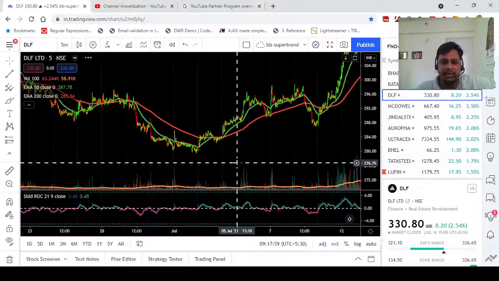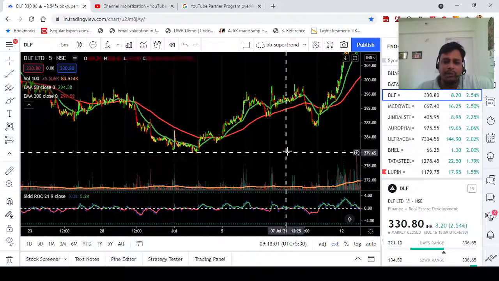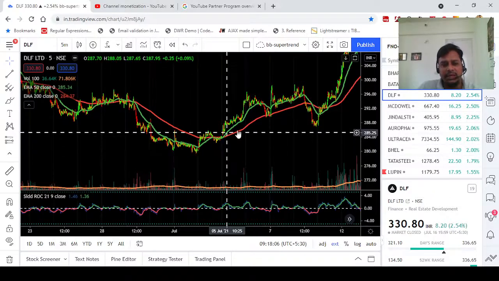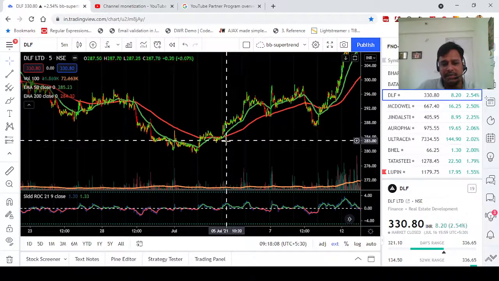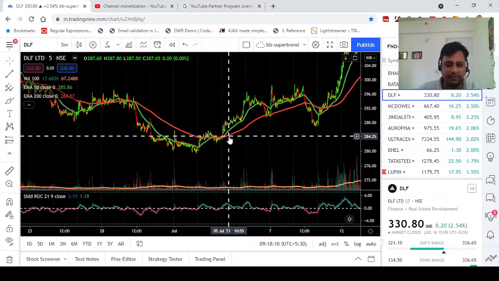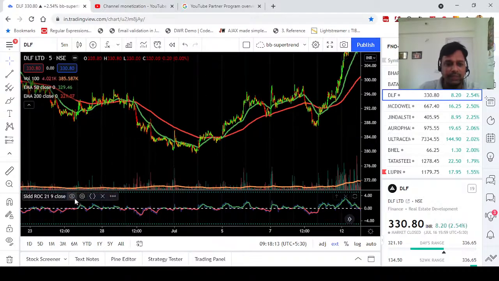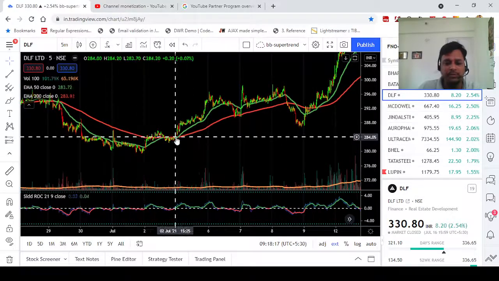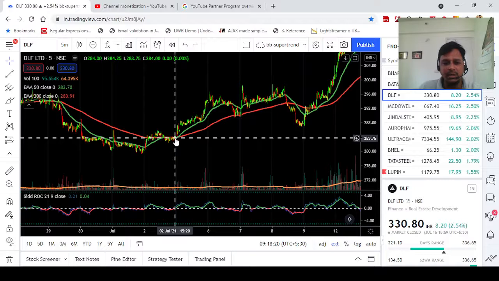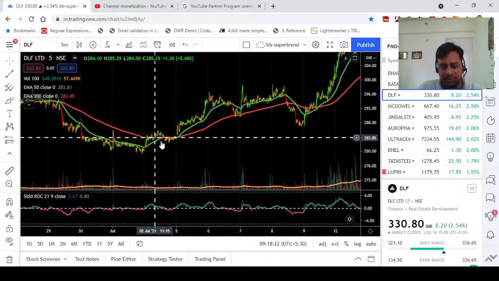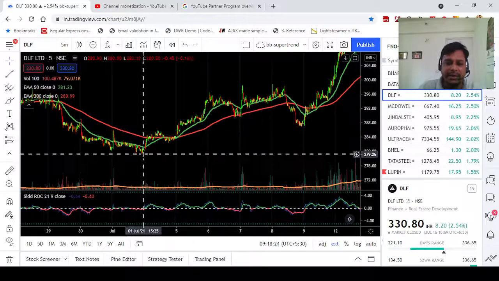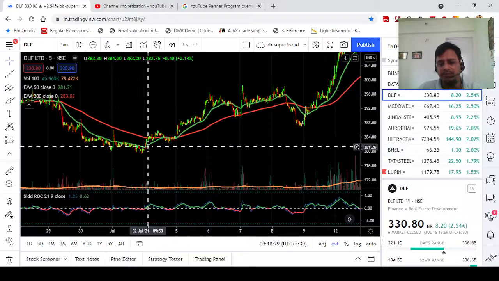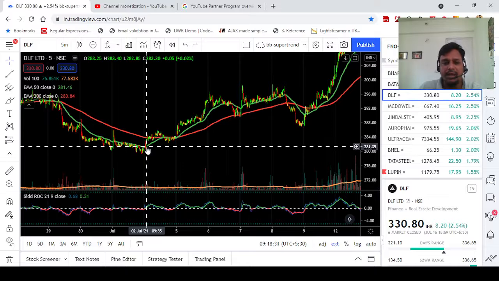So when you are making the longs, that three parameter you have to see. First, that your 50 moving average has crossed the 200 moving average in 5 minute chart. Okay, second thing, you have to see that slope of 200 moving average is up, not down. So this is the pre-requirement. And previous trend was up. Last 2 3 days trend is up. This is the main requirement of this setup.